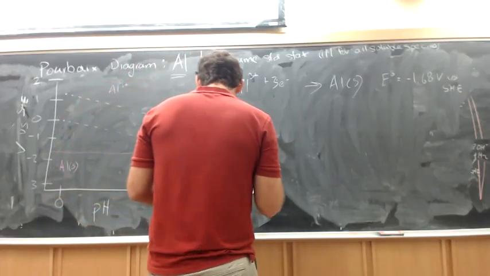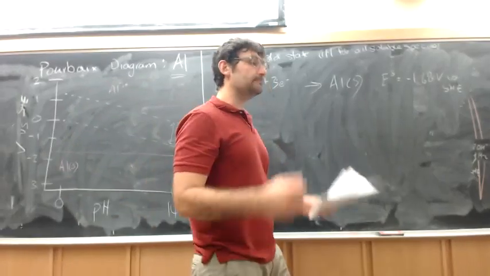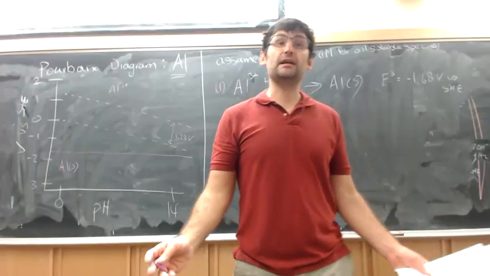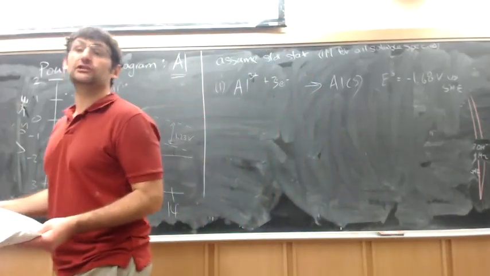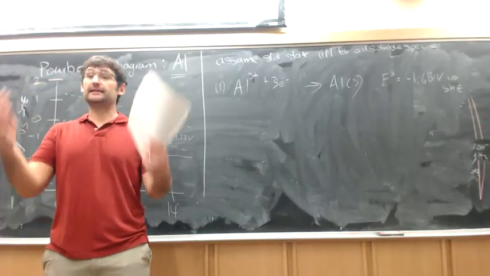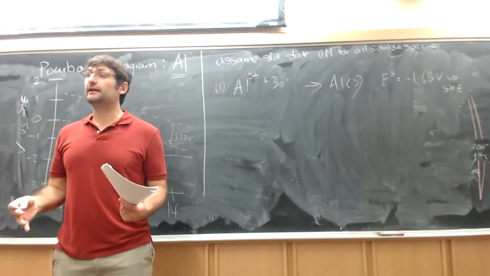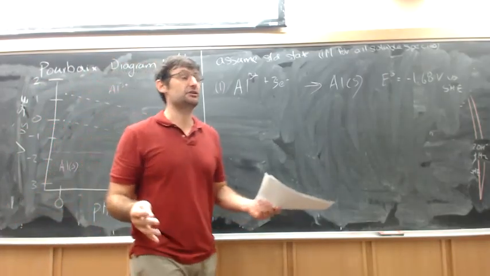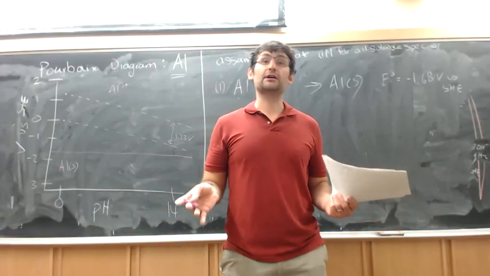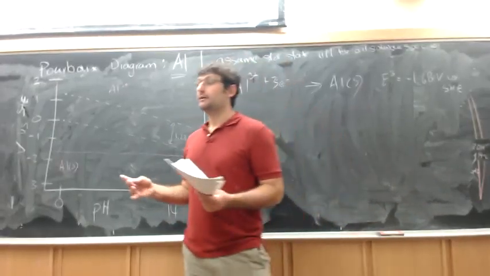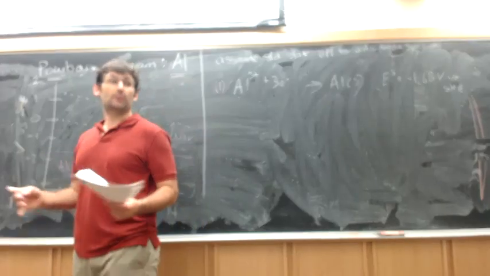Okay, so you have to know something about the acid-base chemistry in order to plot one of these diagrams. You can figure that out actually from thermochemical data. So if you had a table of all the aluminum species, right, you could actually calculate delta G's for any acid-base reaction. I have a very large book in my office, edited by Al Bard,